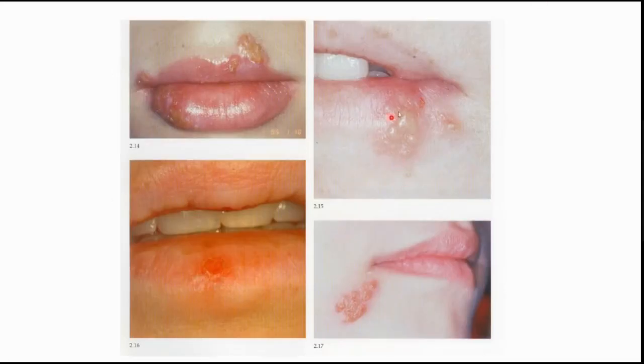So when I was talking about vesicles, this is what I meant. You can see that they're filled with fluid and they're elevated areas, right? Whenever you see it around the vermilion zone, the border between the skin and the labial mucosa, it usually appears around this area, circumoral. This is a very common site on top of the upper lip, and it can even occur on the lip itself, like you see here.